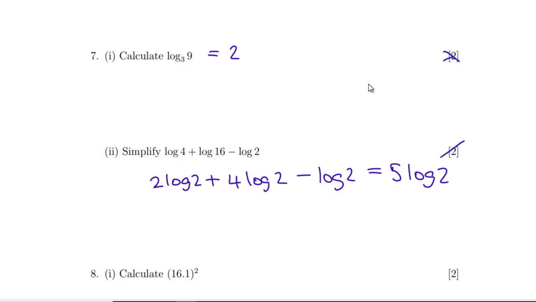Another 2 marks. Question 8, calculate this, 16.1 squared. So we're going to have 16 squared, which is 256. We're going to have 0.1 squared, which is 0.01. And we're going to have 2 lots of 1.6, which is 3.2. So what is that? 259.21. Calculate